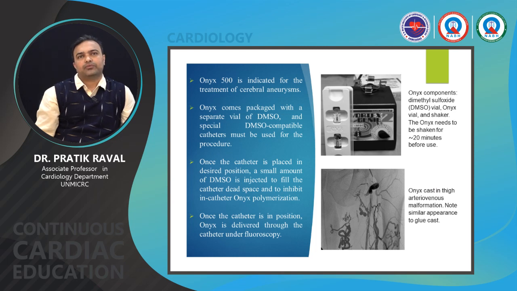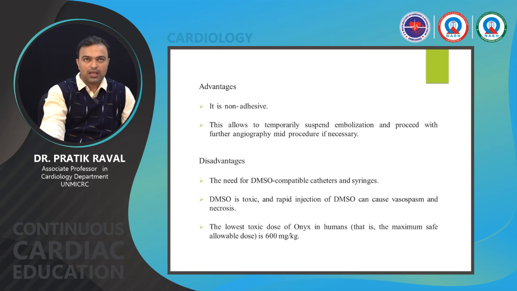It comes packaged with a separate vial of DMSO, and special DMSO-compatible catheters and syringes must be used while using this agent. Once the catheter is placed in the desired position, the catheter is flushed with DMSO to inhibit in-catheter Onyx polymerization. Once the desired catheter position is achieved, the Onyx is delivered through the catheter under fluoroscopy guidance. The advantage over NBCA is that this is non-adhesive and allows